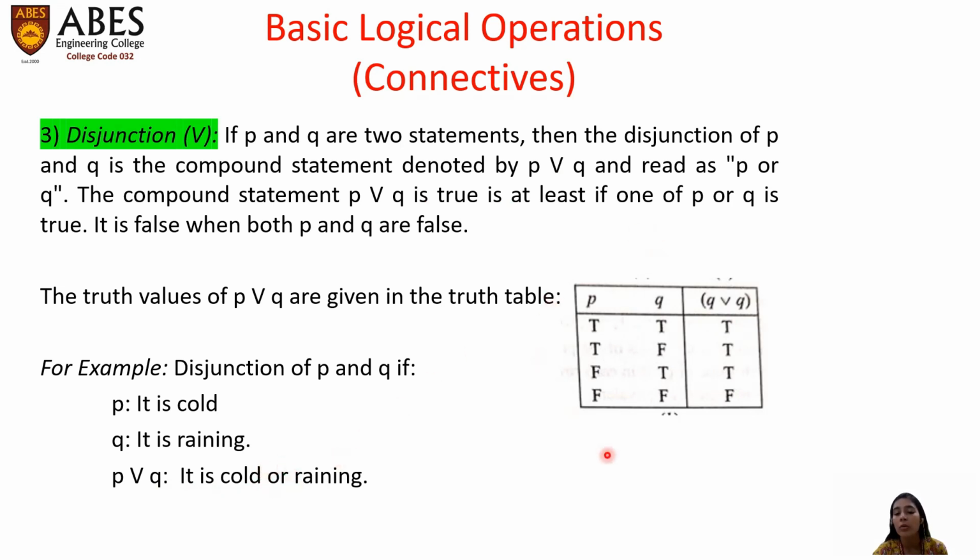Now, if we talk about the truth table, if two propositions are there, then a maximum of four possible cases we can have: true, true; true, false; false, true; and false, false. So if we need to find P or Q, P disjunction Q, in case of disjunction the result will be false if and only if both the propositions are false, otherwise the result will be true. So this is the truth table corresponding to the disjunction logical connective,